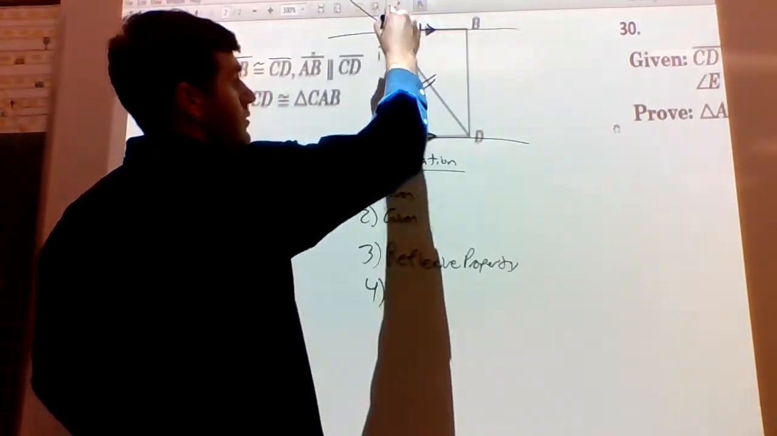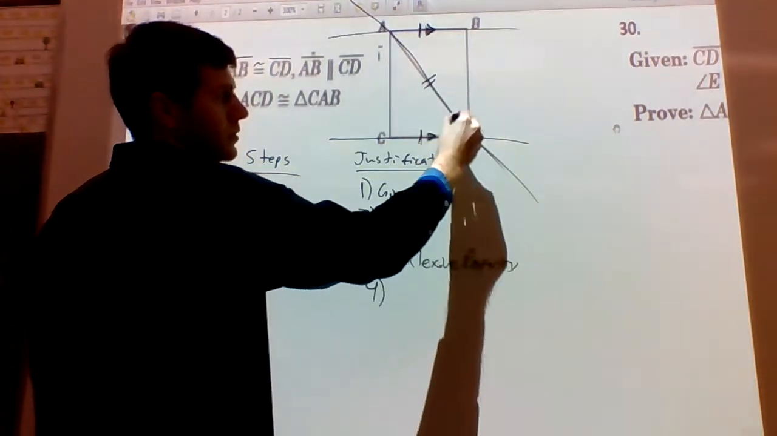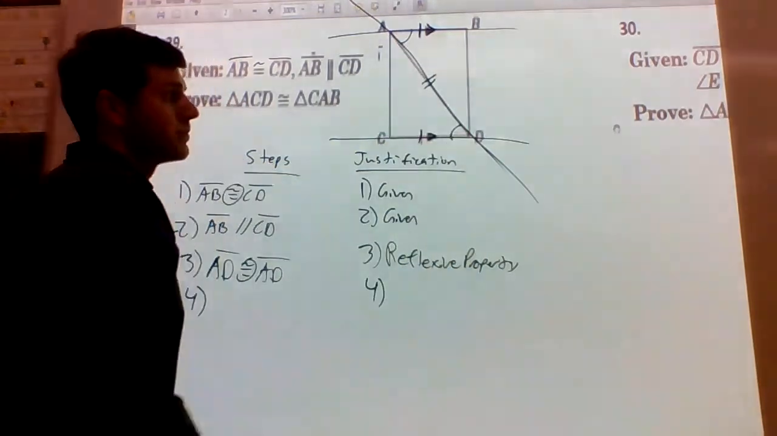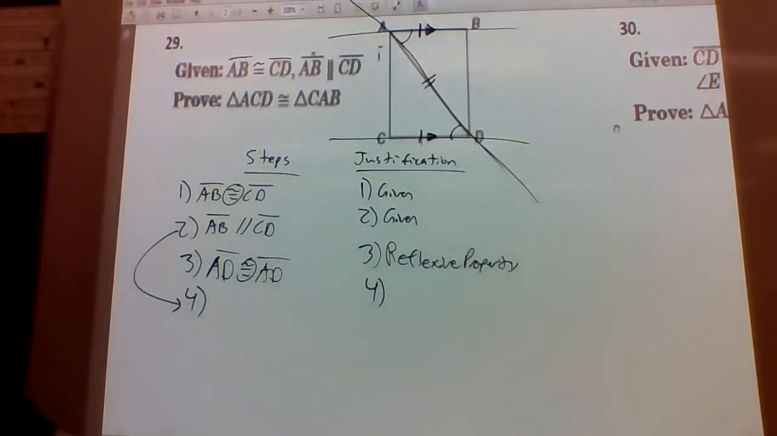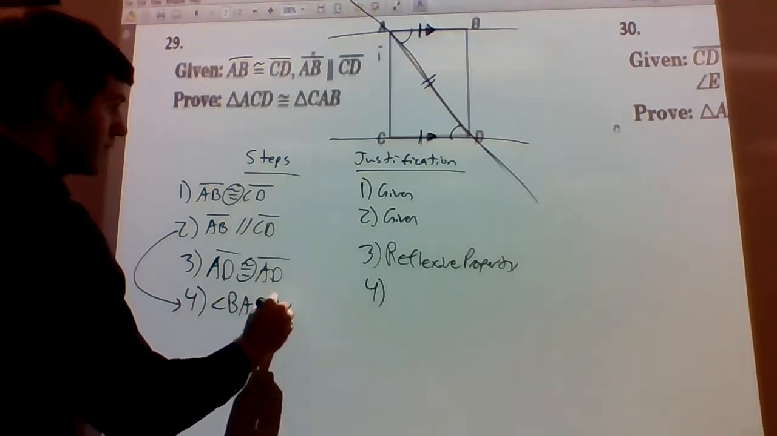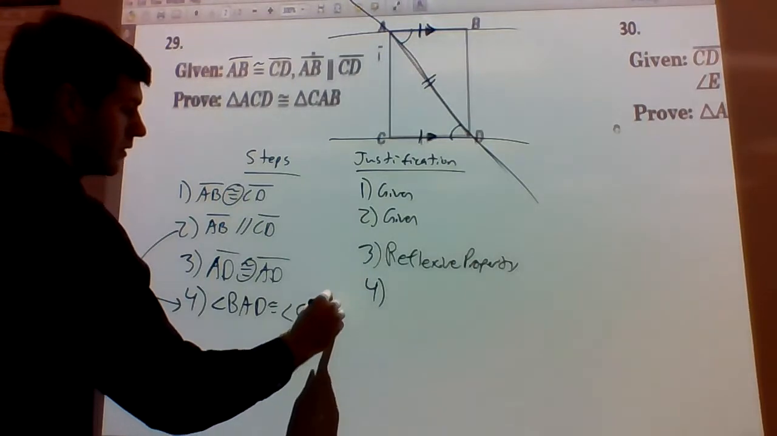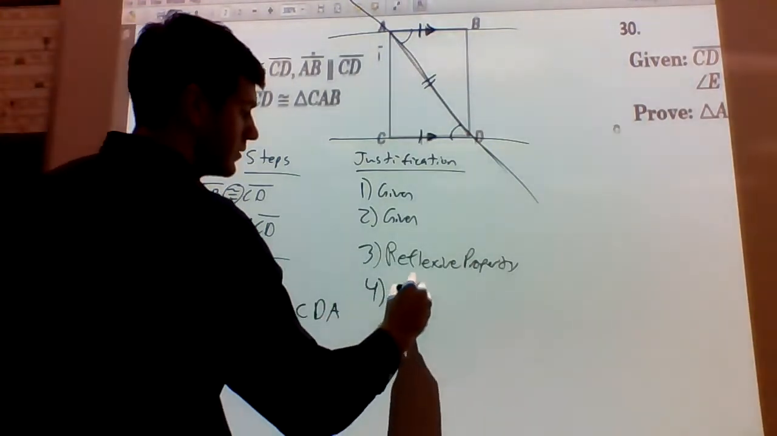Here's our transversal. Right, this is our transversal. So where are the alternate interior angles? Right here. Angle BAD is congruent to angle CDA. Right? The alternate interior angle theorem states,